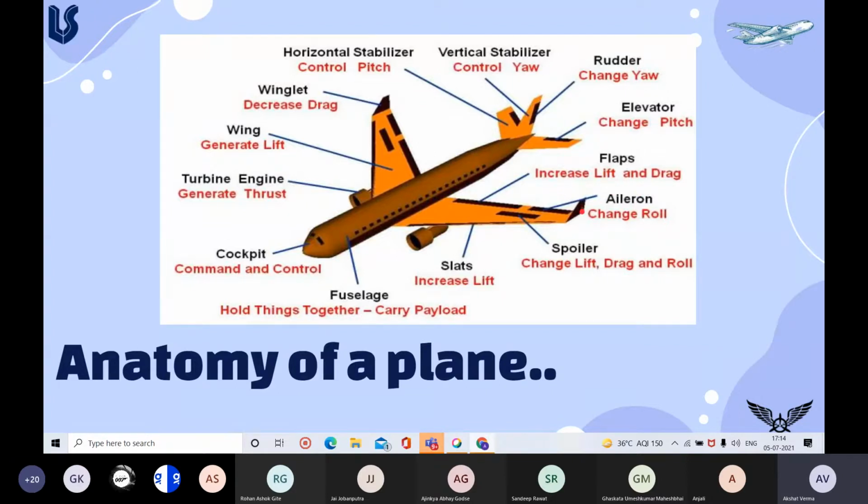There are three different types of control surfaces in an airplane. The first one is the ailerons. This part which you can see here is the aileron. What is the function of the aileron? It helps in changing the roll of the aircraft. You know what roll is, right? If the airplane is rotating about this particular axis, then this motion is defined as the roll of the aircraft. So the ailerons control the roll of the aircraft.